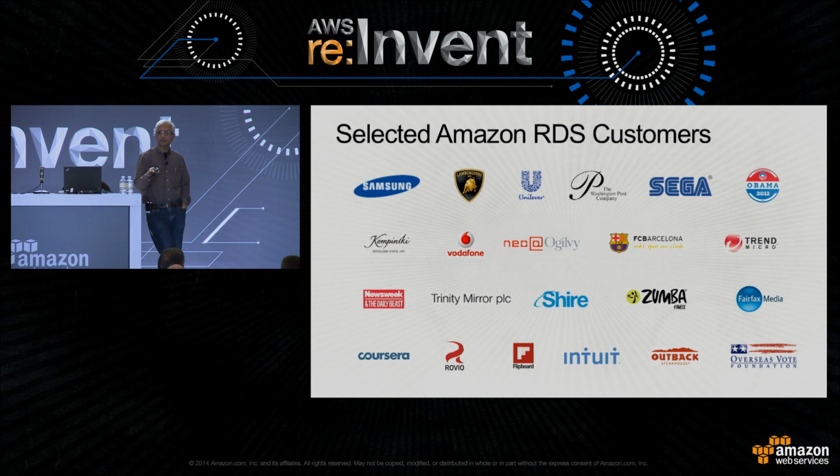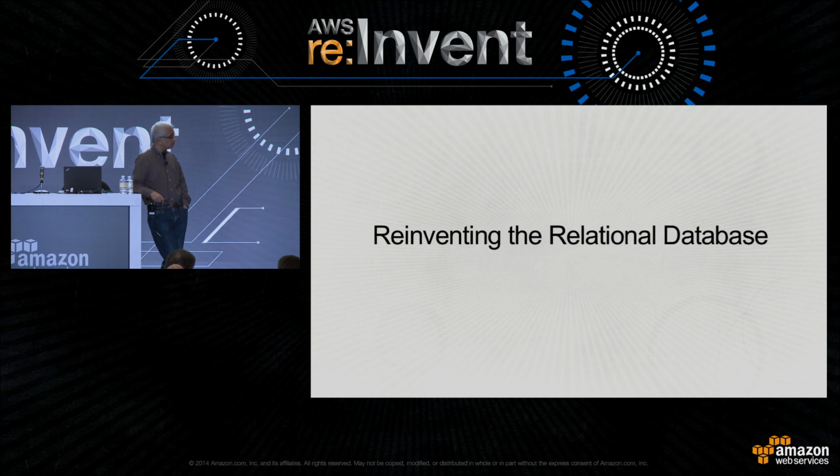So there are a variety of companies of different shapes and sizes that over the last 5 years have adopted RDS. And it's probably fair to say that Amazon RDS runs one of the largest fleets of relational databases anywhere in the world. And from that experience, we continue to enhance this service. And of course, Andy talked about reinventing the relational database, and I'm going to touch on that a little bit, and we'll leave some time at the end for questions.